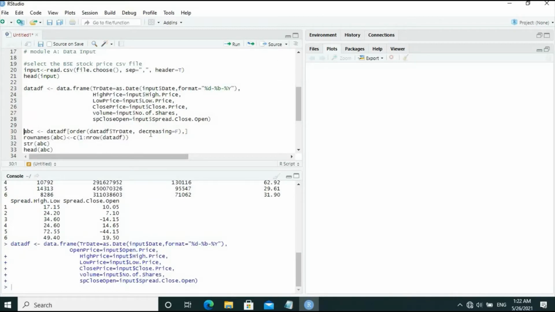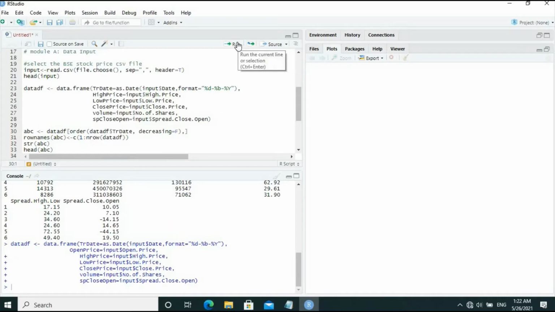And then let us reorder the data.df data object in the increasing order of trading date by giving decreasing equal to false, store the data in data object ABC, and assign new row names to ABC since we have changed the order of the data object.